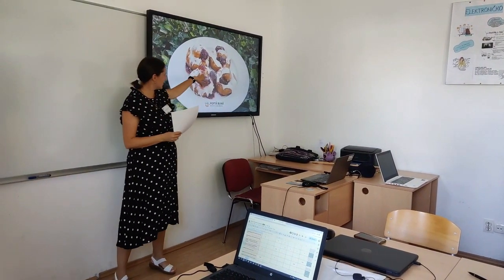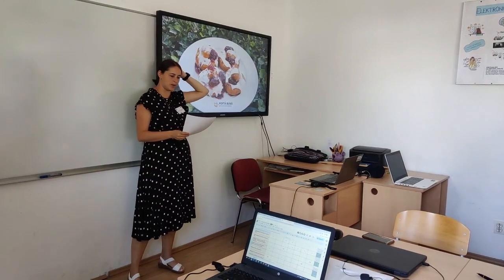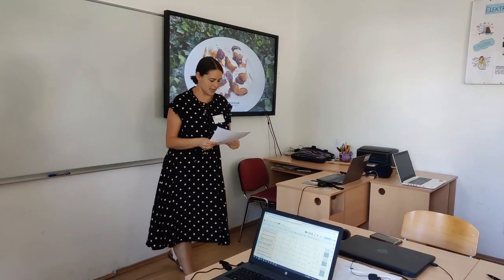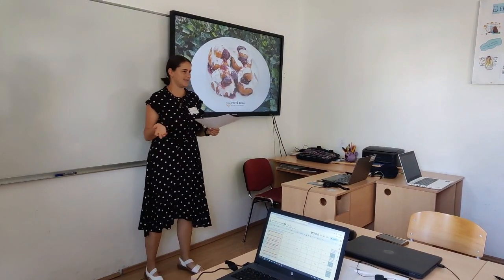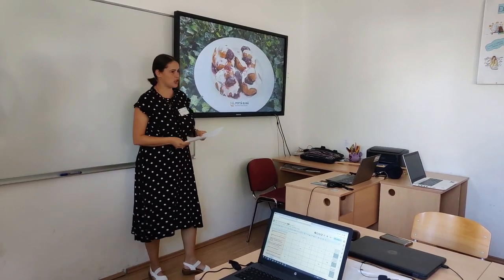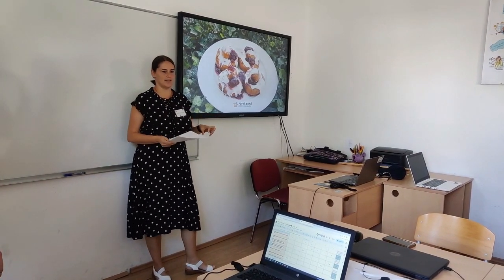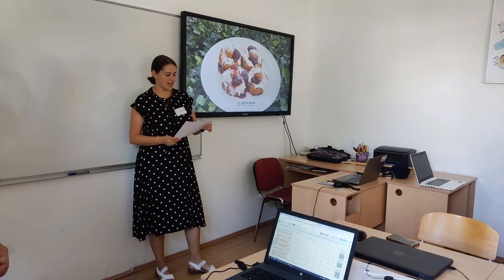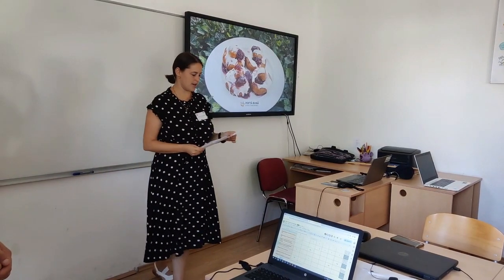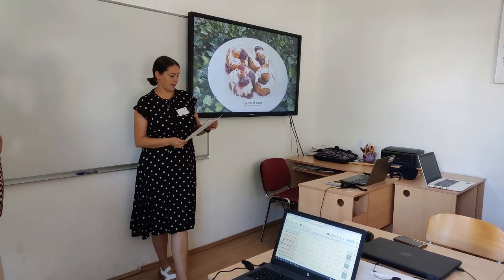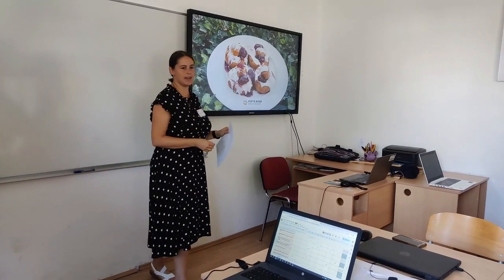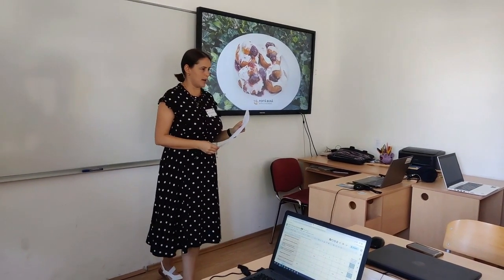So we need 1 egg, 1 teaspoon of wheat semolina, 250 grams of fat cheese, 200 grams of flour, 1 pinch of salt, half spoon of baking powder, some lemon peel, grate some lemon peel there,